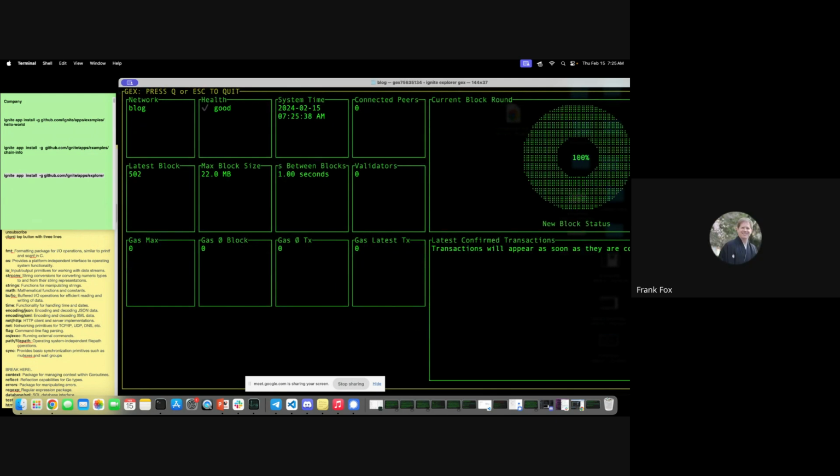There we go. As you can see, it's saying network health is good. I'm running on the network blog. Latest block 50859. Wow, it's doing about one a second. You can see the average time between blocks. Transactions, if submitted, should show up here. And the chain is currently running on one validator. So it's a pretty cool block explorer to check your network health. Props to Tobias for creating this and integrating it with Ignite. Very impressive. All right, I'll give the floor back to you.